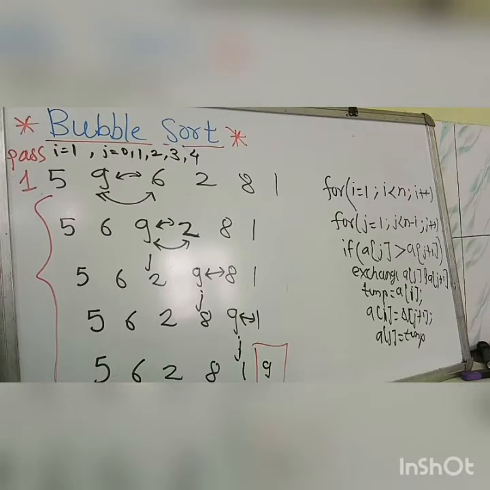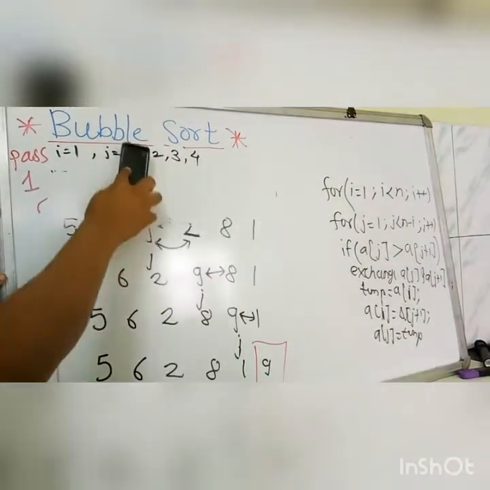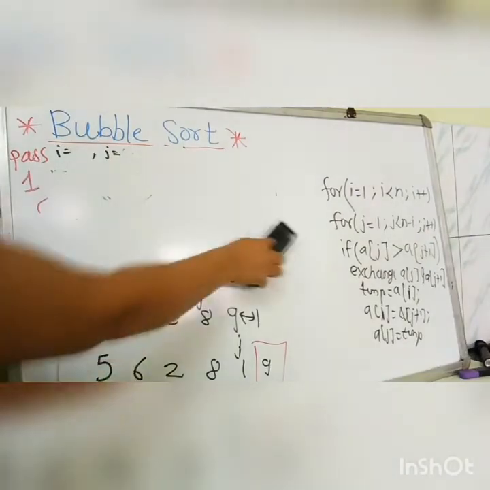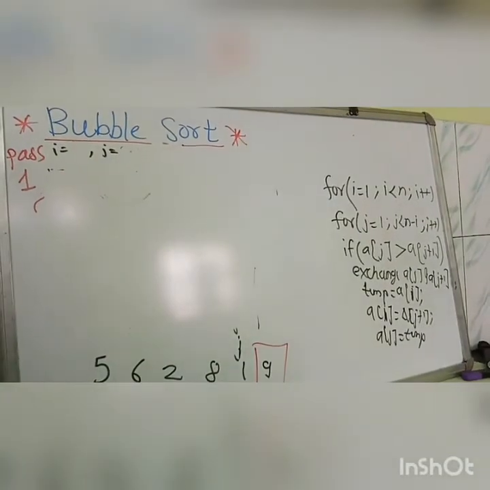As we know, this technique gives us the facility that in each pass it will take the first biggest, then second biggest, then third biggest elements to the last. Means smallest elements are coming upwards and they are arranged according to the ascending technique of our sorting method. This was only the first pass. Now we will see the second pass and how these elements will change. Now see here, what was the sorted list?